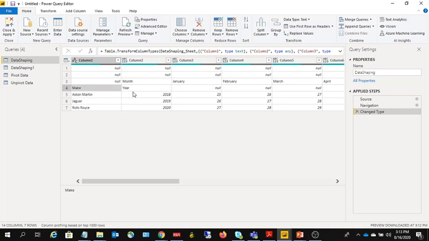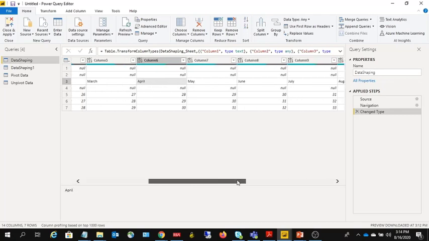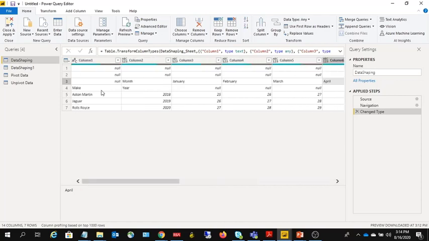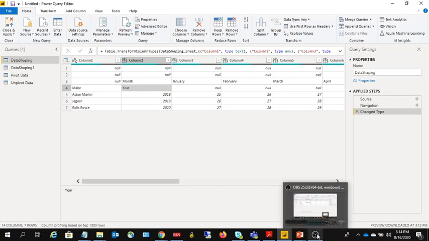So these are my column headers: make and year, and their names. January, February, March are also actually column headers, because now the data is in pivoted format. When you see the data in pivoted format, January, February, March, April, we also consider them as column headers, right? So there are multiple column headers. One is make, and the months January, February, March are also column headers. But here month is not actually a column header, while year is a column header here. This is how you can identify the column headers as well as their actual names. In the next lecture we'll talk about shaping table structure, and we'll see in the next lecture.